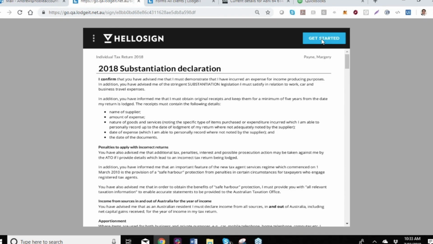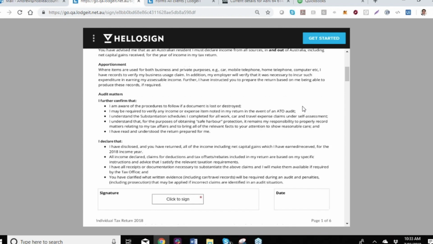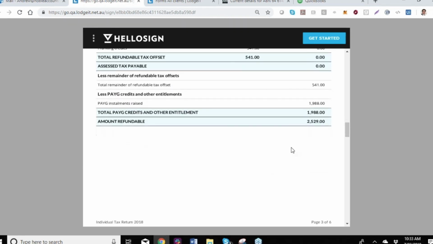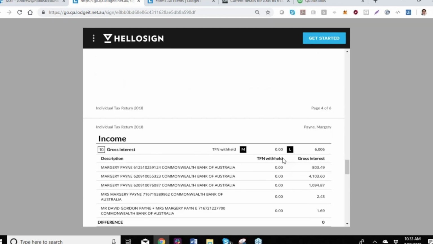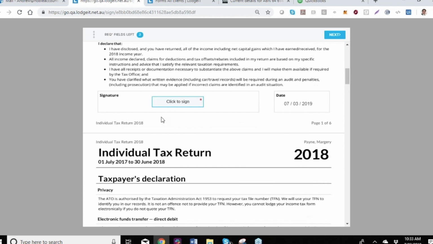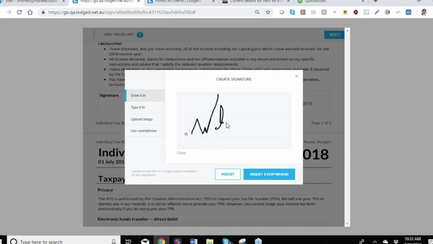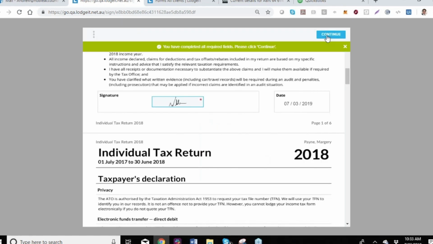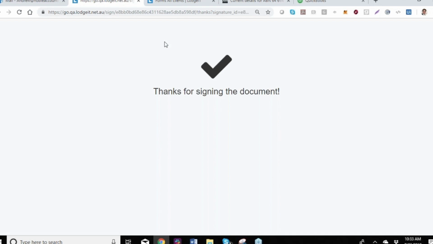And the client can look through their form. And as you know, most clients probably won't go too much further than the tax estimate. But anyway, they can have a scan through, and then they can start with their signing process. So you've just got to put in your signature, continue, and agree. So that form is now signed for the client. Well, the client has signed that form,